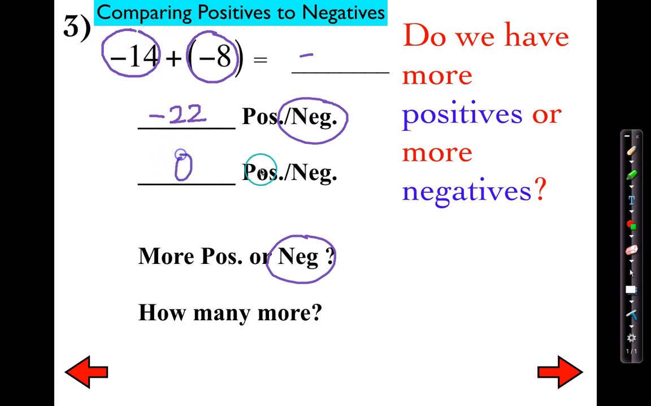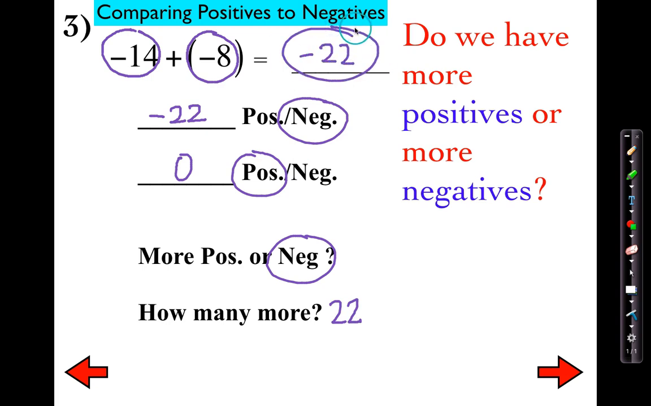So I'm going to go ahead and write 0 positives. Now that I've separated negatives and positives, I'm going to ask how many more negatives are there than positives? Well, the answer is 22. There's no positives at all, so I'm going to say there's 22 more negatives than there are positives. So my answer is